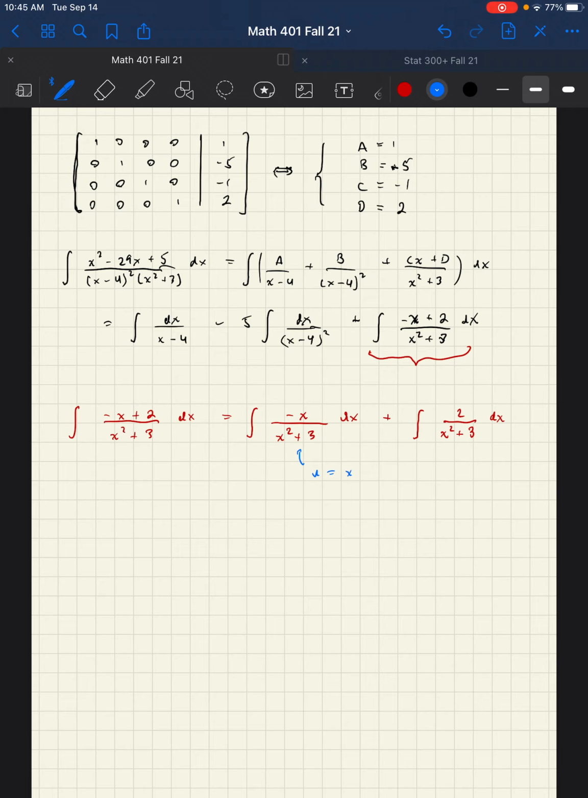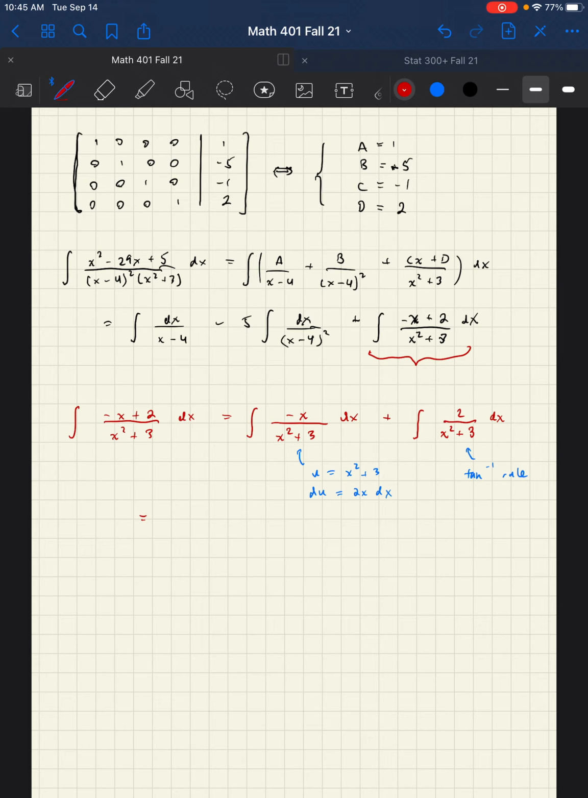This one we can handle with a substitution. So we're going to let u equal x squared plus 3, which means du equals 2x dx. And if we want to replace the x dx, then we'll just recognize that we're going to end up multiplying by negative 1/2. This one, on the other hand, we need to use the arc tangent or the inverse tangent rule. Okay, so tan inverse rule, and we'll get into that in just a second. First, let's handle this first